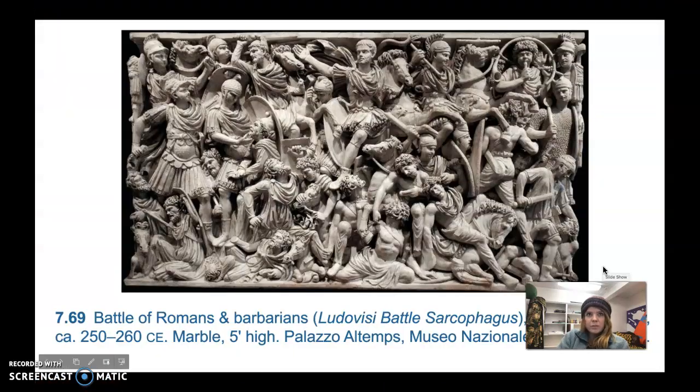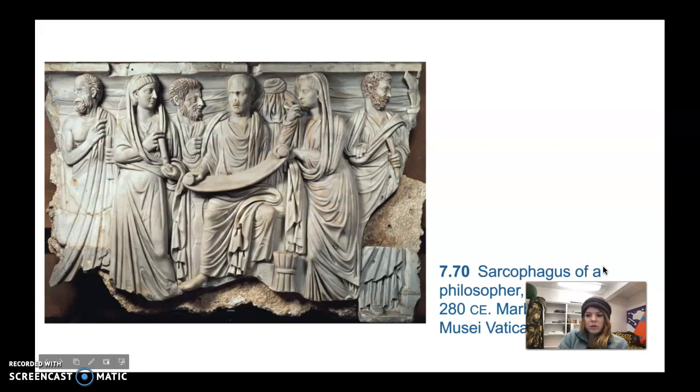Okay, we'll move on to the next piece, which is also from a sarcophagus. It's actually the sarcophagus of a philosopher. During these insecure times in Rome, many Romans became interested in philosophy, and their funerary art often depicted themselves as philosophers. This work depicts a seated Roman philosopher, holding a scroll at the center of the composition. There are two women on either side of him, and in the background there are other